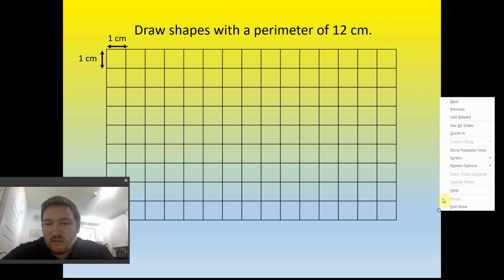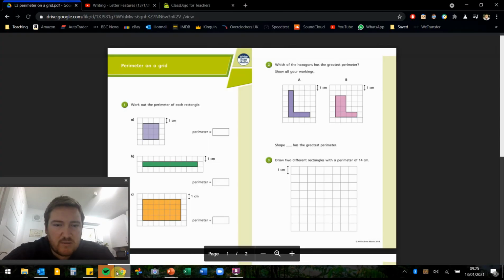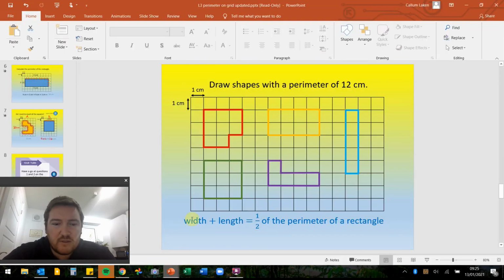Now, I just have a look. Did we have any squared paper on there? Yeah. So,